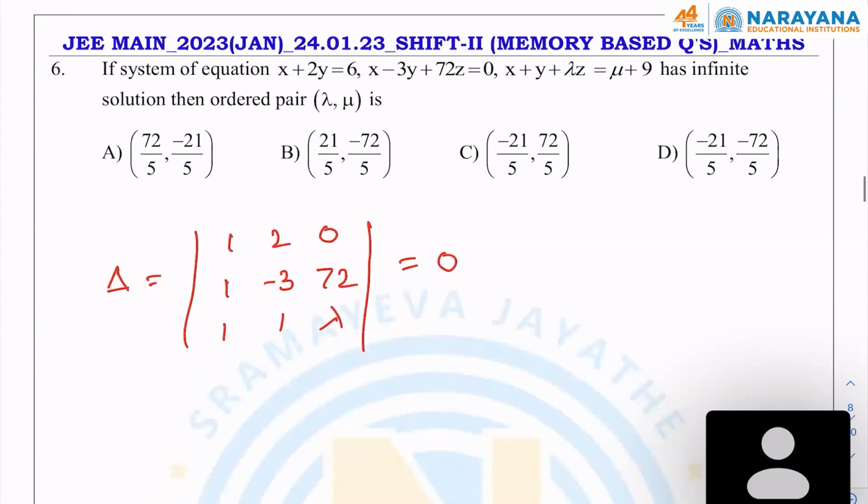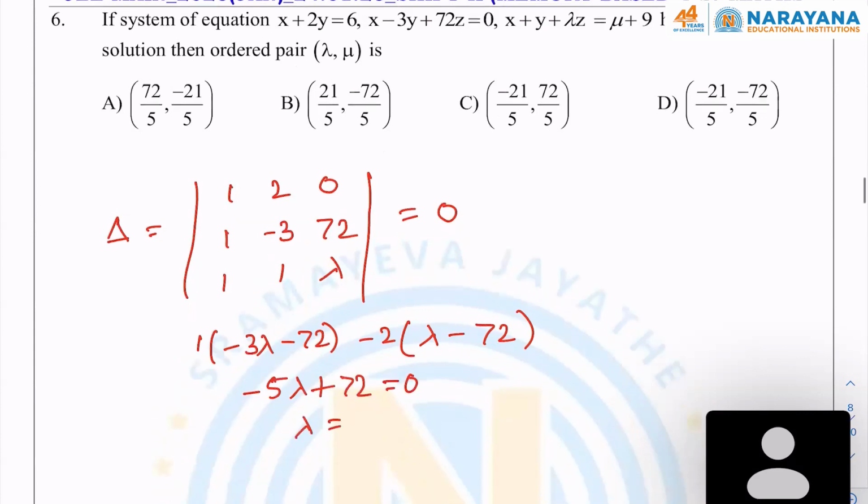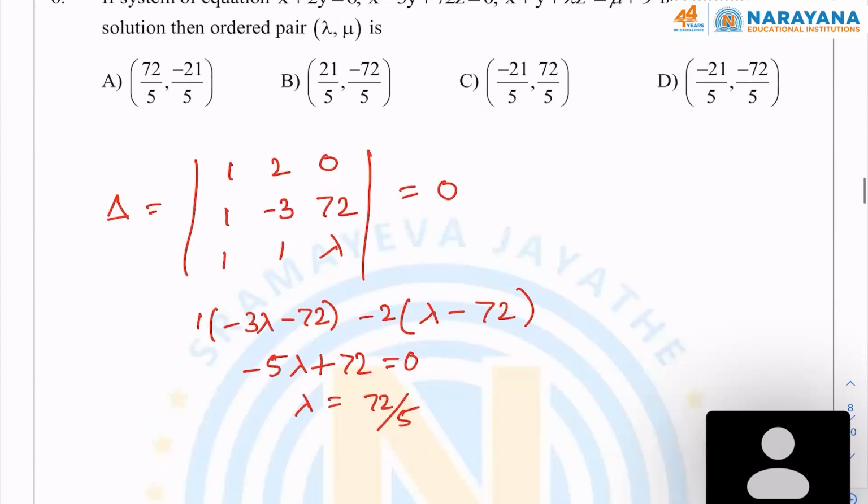So here 1 into minus 3 lambda minus 72 minus 2 into lambda minus 72. So this is equal to minus 3 lambda minus 5 lambda plus 72 is equal to 0. So lambda is equal to 72 by 5. So when lambda is equal to 72 by 5, and also here if you use Cramer's rule, to get